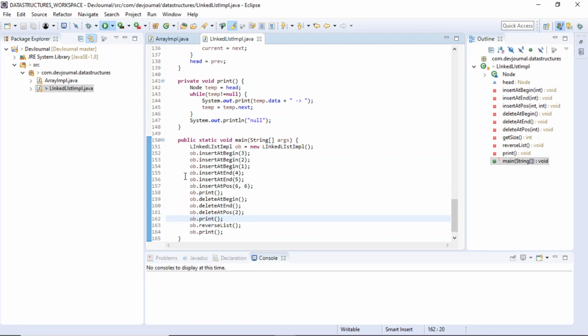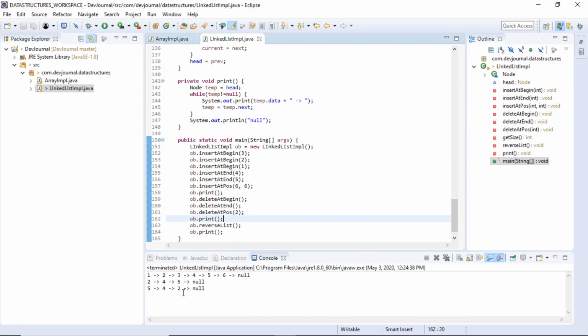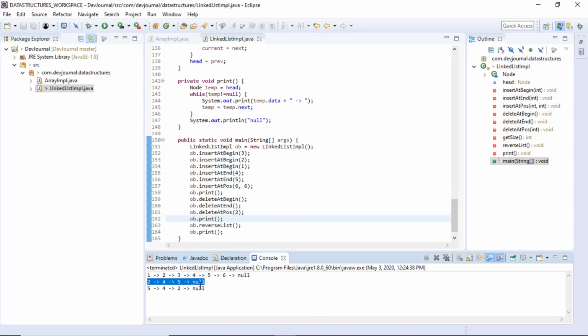It is not running. I think it is slow. Yeah. So initially our linked list was 245 and null. Now it has become 542 and null, right? So we have successfully reversed our linked list.